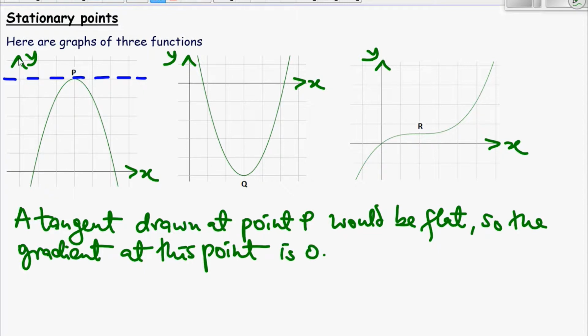And we can write this using mathematical notation. All right, we can say f dash x at this point is equal to 0. Okay,